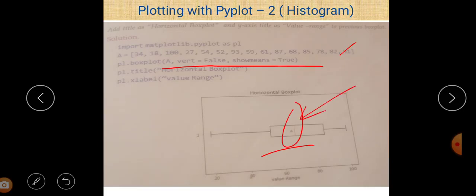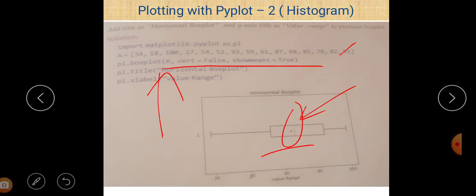After that, if we want to give a title to that box plot, there is a method named title. So just write pl.title because this belongs to matplotlib.pyplot, and within the parentheses write the title within double quotes.